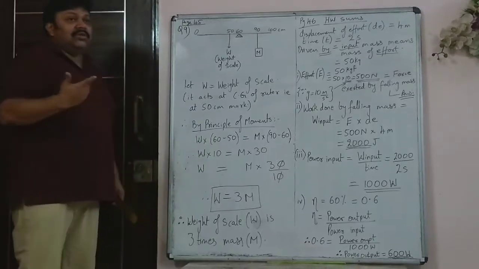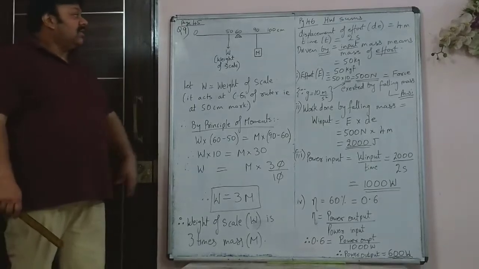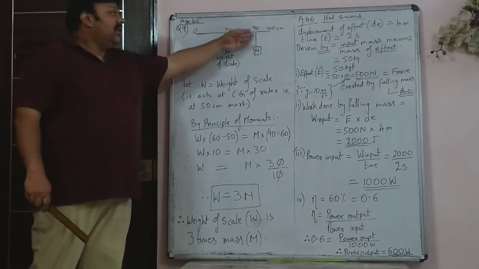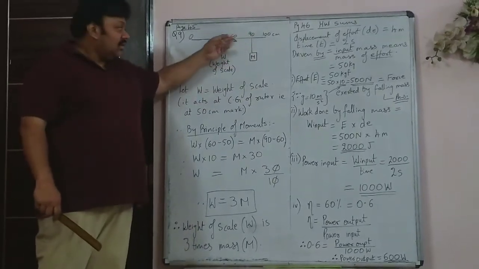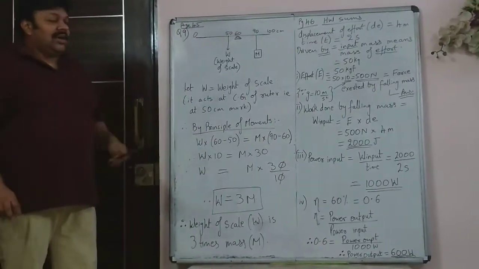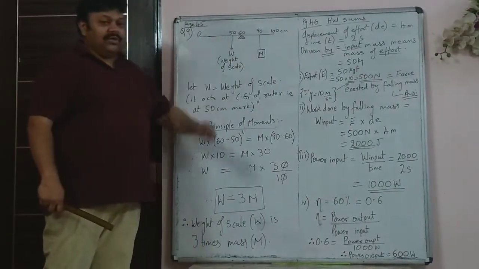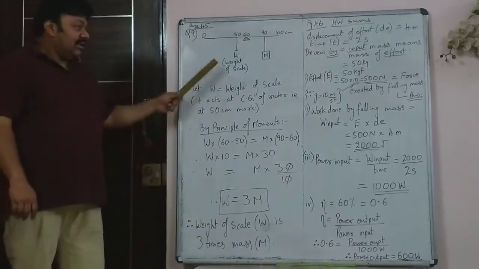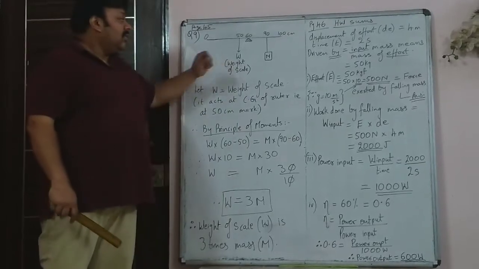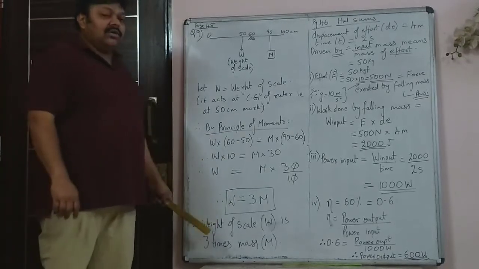We had seen examples of the child and the parent. In this case, the parent is the heavier one, which is sitting closer to the fulcrum, and the child is obviously lighter, sitting away from the fulcrum, so that both produce the same moment. It is similar to that, only instead of parent and child, they have given you the weight of the ruler W and mass m. So this is how you will have to compare and write the explanation. Directly you should not write that it is W which is more because it is closer. That is an explanation, but you should show the working.